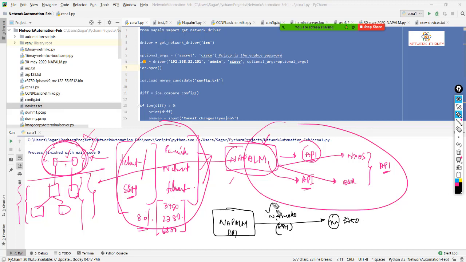Okay, I need Netmiko to be enabled so that my NAPALM can integrate with the device. So that's a catch over here. Okay, so that's how NAPALM is going to be acting as backward compatible with the legacy box.